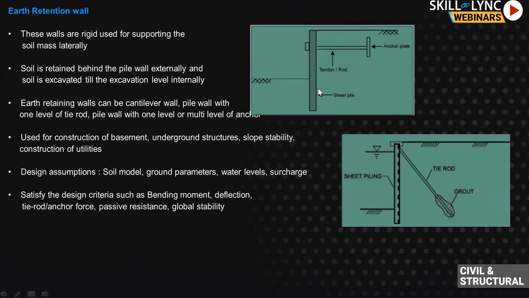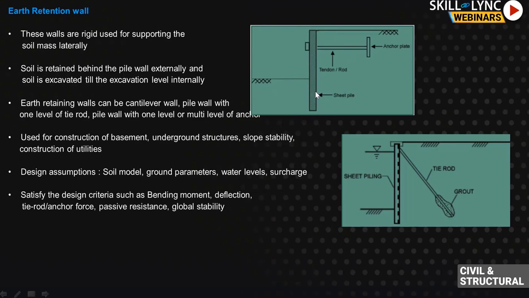Depth of embedment is nothing but the length of the sheet pile wall embedded below your excavation level. This is your excavation ground, right? This is not your actual ground. You have excavated the soil, and then this is your embedment. The level from where excavation is there to the toe of the pile is called your depth of embedment. If your passive resistance is fully mobilized, then you will have to increase your depth of embedment.